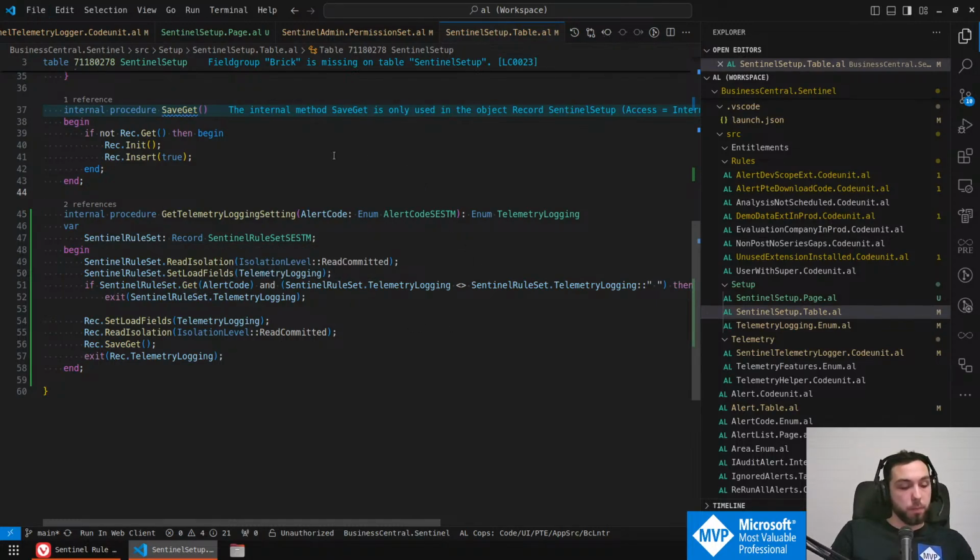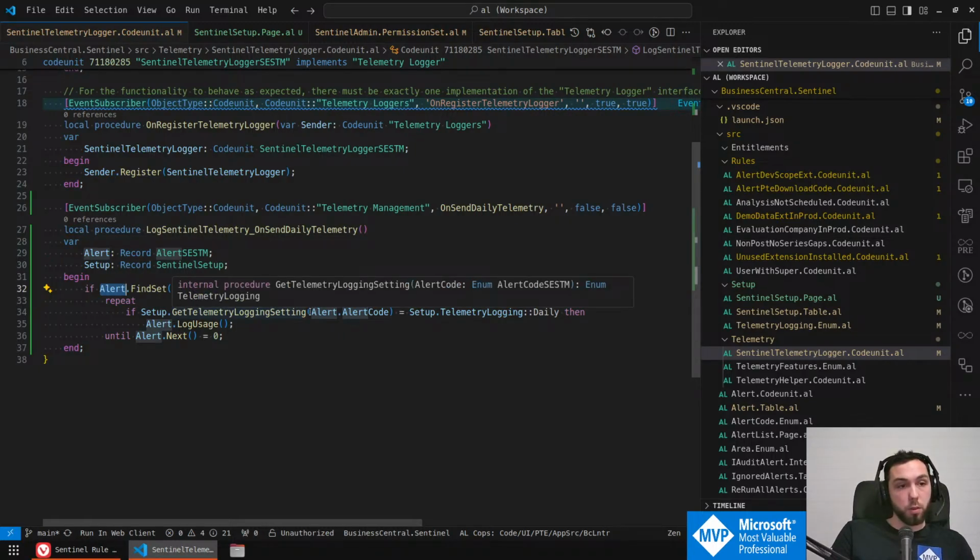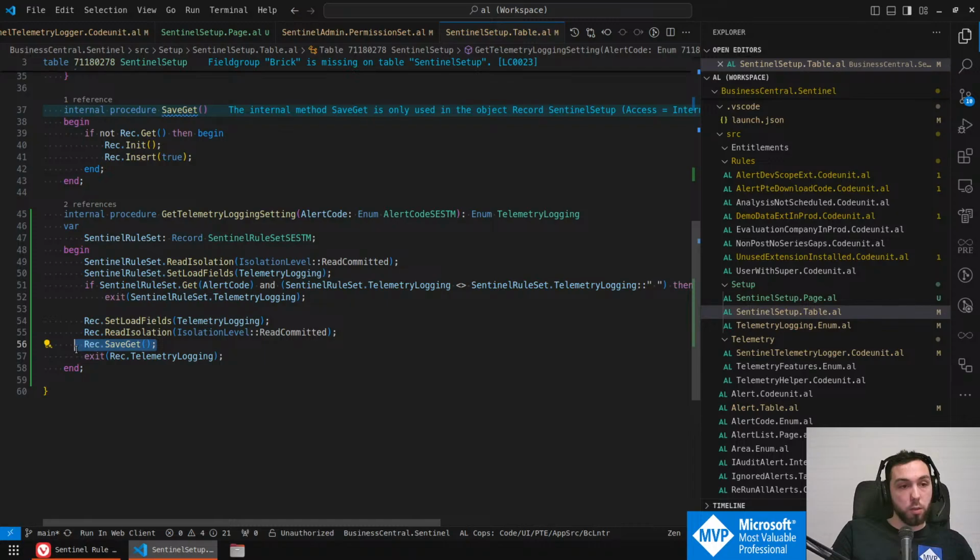I was just thinking, because this will mean that for every alert, which potentially could be a number of alerts, because it's not for every rule, it's for every single alert, we'll do the setup, get TelemetryLogging setup, which will eventually do a safe get on the setup, which will do a get on the setup. If this is something I want to do, or if it's just bloating up the service with too many SQL